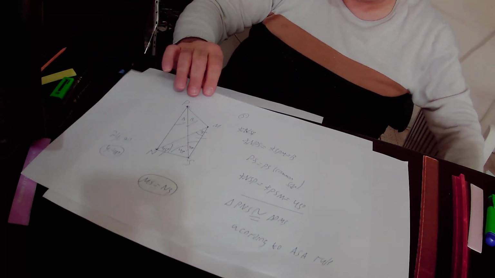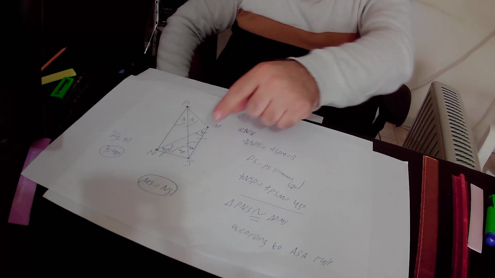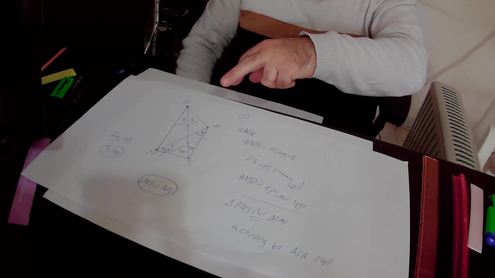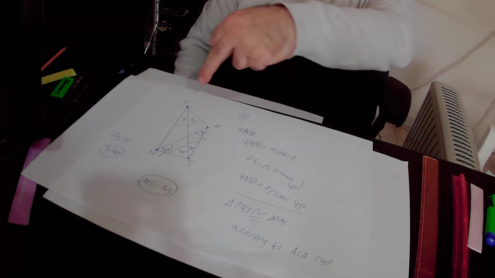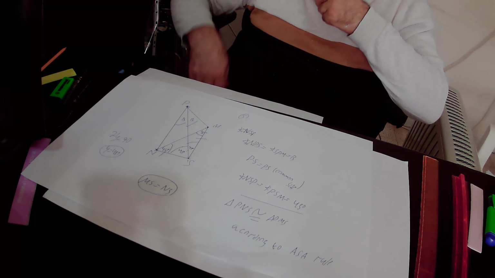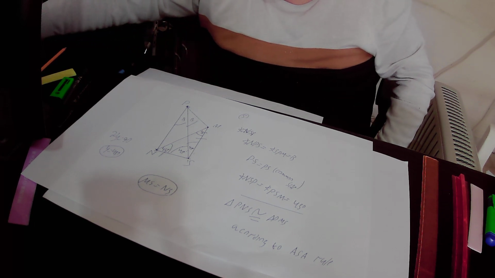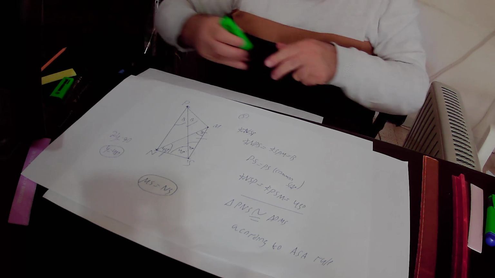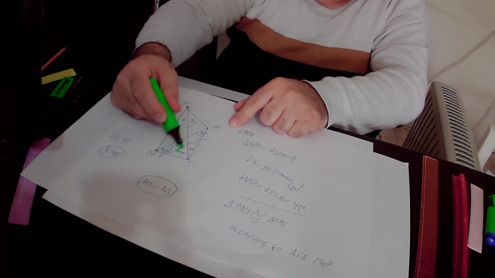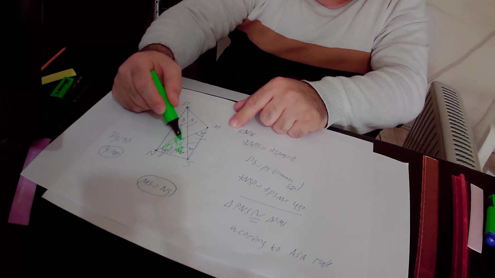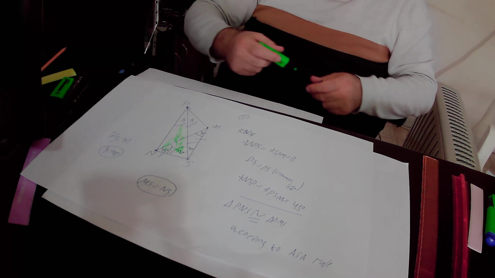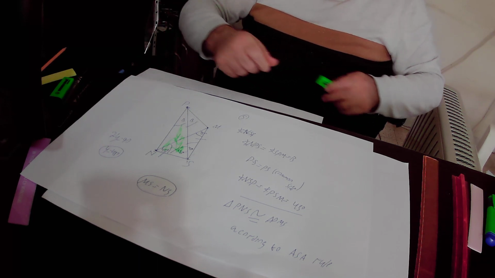Then we focus on those two triangles, and we actually proved the triangle PMS is congruent to triangle PNS. Okay? We proved that the green triangle PNS is congruent to the white triangle PMS. Why are they congruent to each other? First of all,